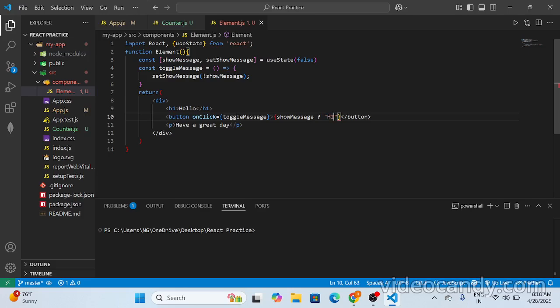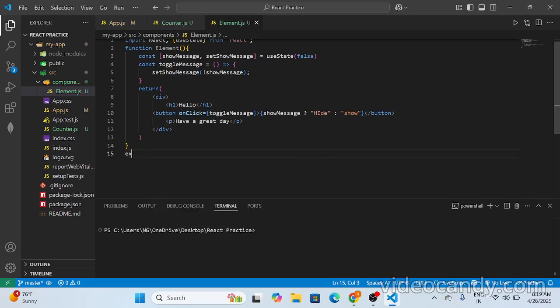In that, hide and then show. The text will hide or show: Have a great day. If I click hide, it will hide, and if I click show, the text will show. And then